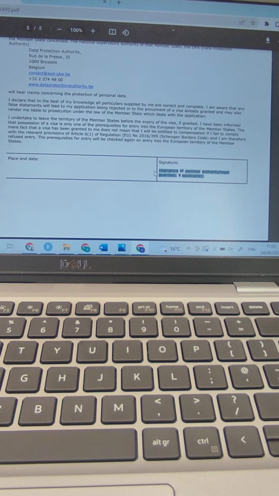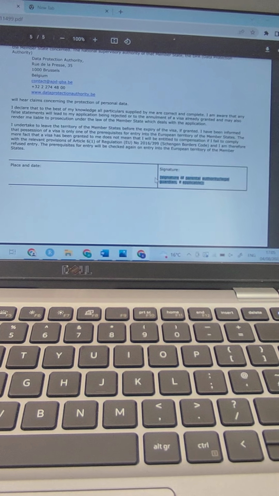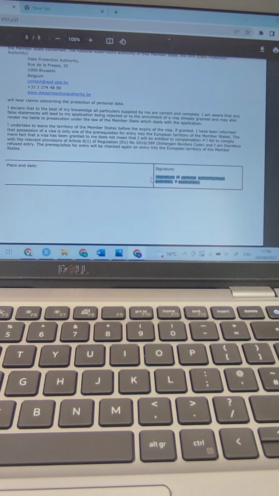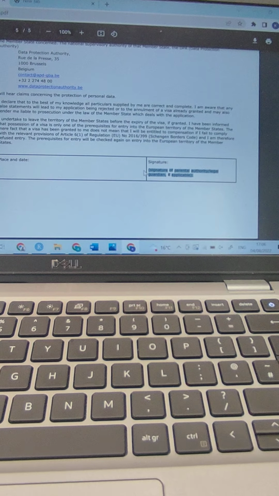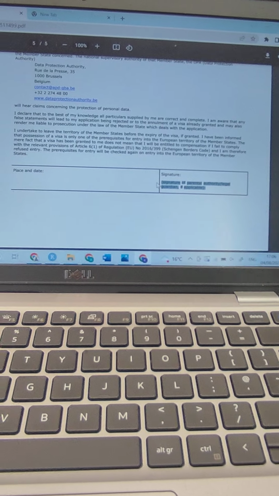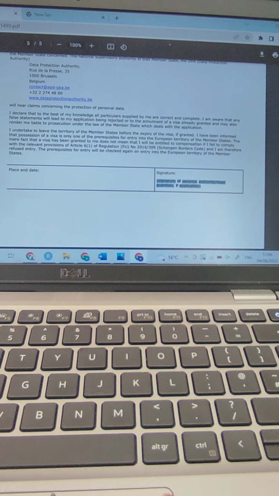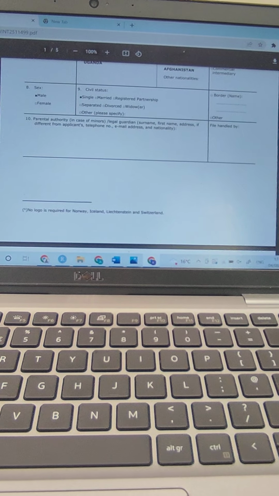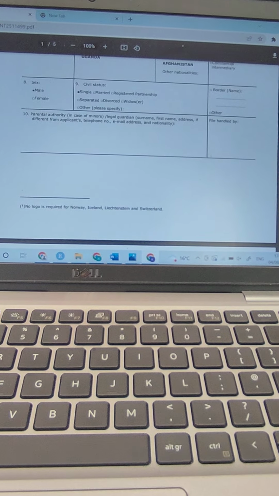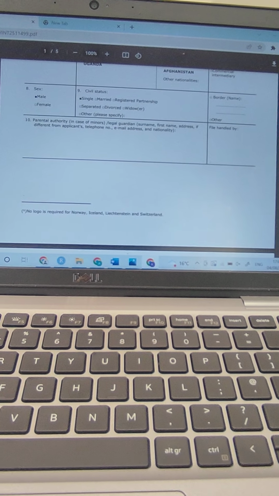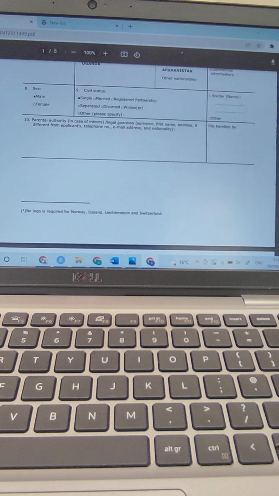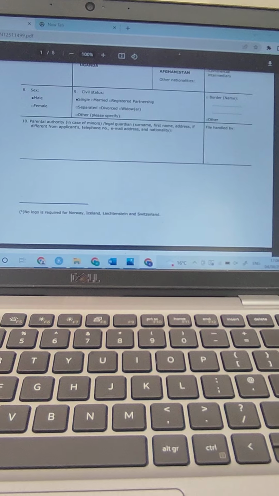The third requirement is the bank statement. That's very important. The bank statement should be for at least the last 6 months, and it should show the inflow and outflow of income. That's very important. But there should also be a minimum, depending on how many days you are going to stay in Belgium. They require a minimum of at least, I think, 1,000 euros or so,